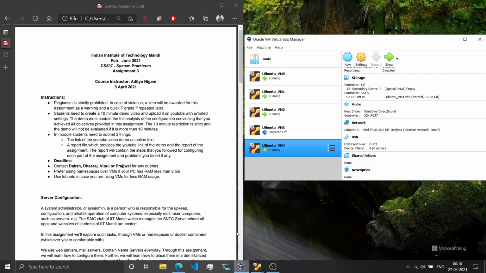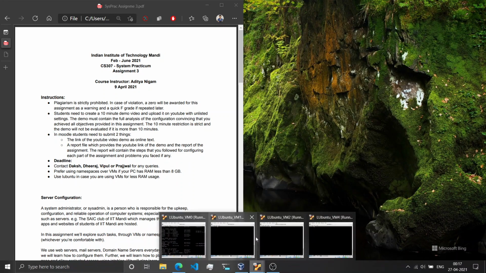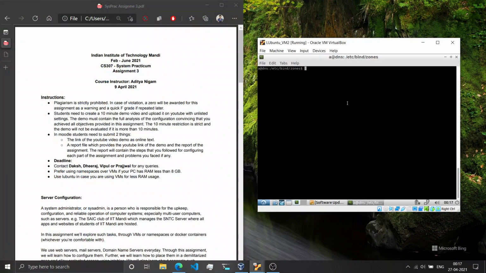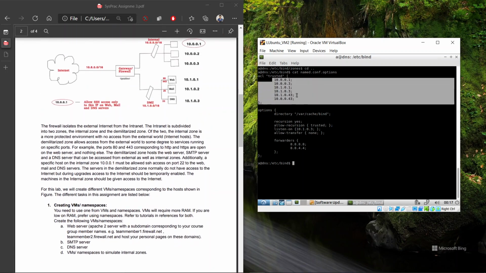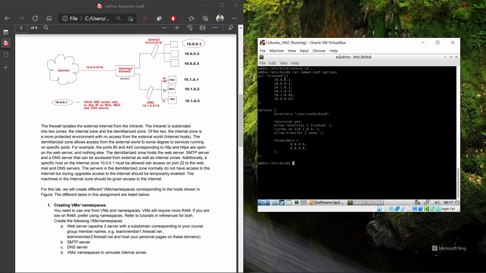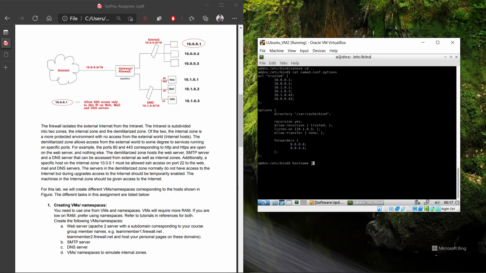Now let us see whether our main server is working or not. This is VM2 where we have configured the domain. Let us see the domain here. For the configuration, let us see that file. named.conf.options contains the configuration. Here, as you can see, are the trusted domains, trusted addresses, which correspond to the devices for which I have created the VMs. Here are the forwarders, which are used to access the external network. This is the Google domain name server. If we do hostname -i here, we could see 10.1.0.3, which is for DNS.